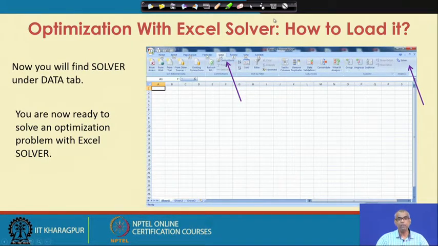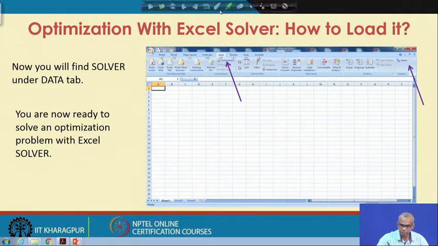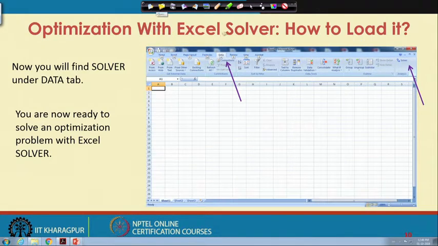Now, you will find solver under data tab. You are now ready to solve an optimization problem with Excel solver.